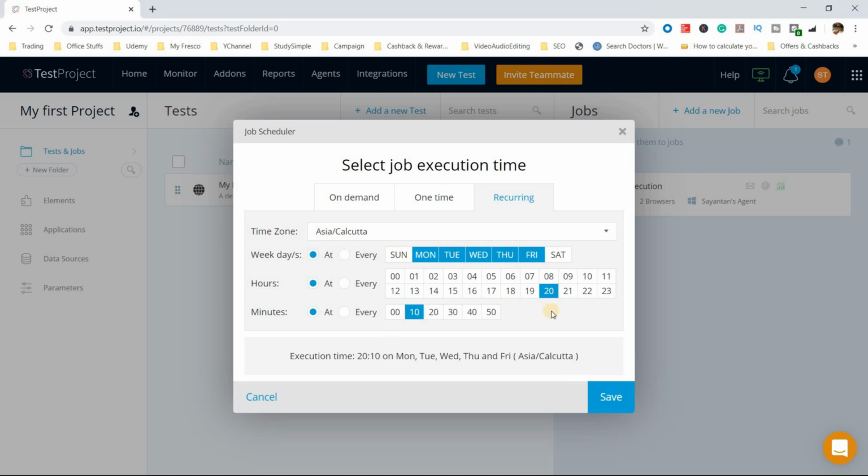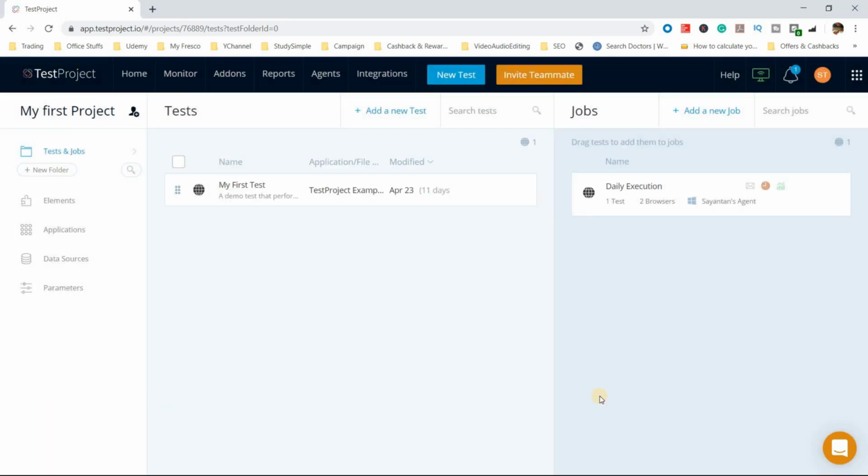We can also do it at multiple intervals. Say at 8:10, then we can also do it at, say, 9:10. Okay. So in this way we can do that. We have to follow what is getting generated. Okay, this is quite helpful. So let's say we are keeping it at 8:10 and we will click on save. So our execution will be triggered at 8:10.